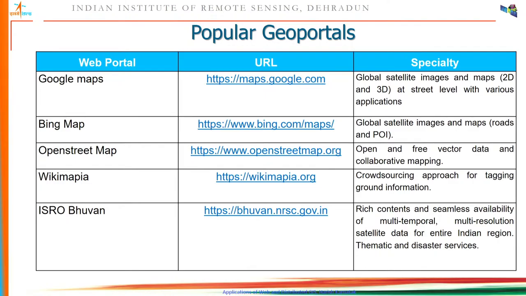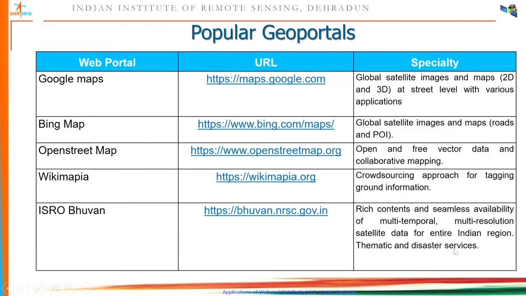What I feel that sometimes it is useful. ISRO Bhuvan is another website. Here you can see this is a website designed and developed by ISRO, and here if you are looking for the satellite imageries and maps, especially for India and its surroundings. So here data from the seamless availability of multi-temporal, multi-resolution satellite data for entire Indian region, and here the thematic